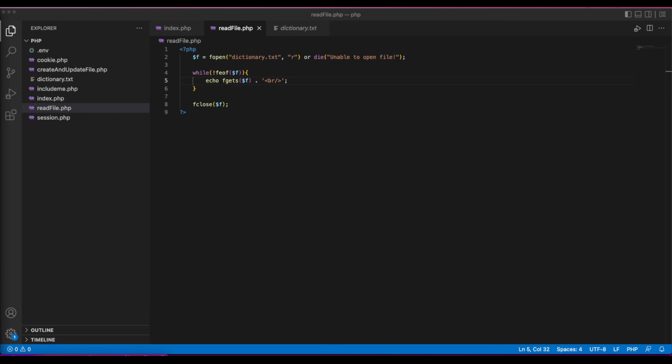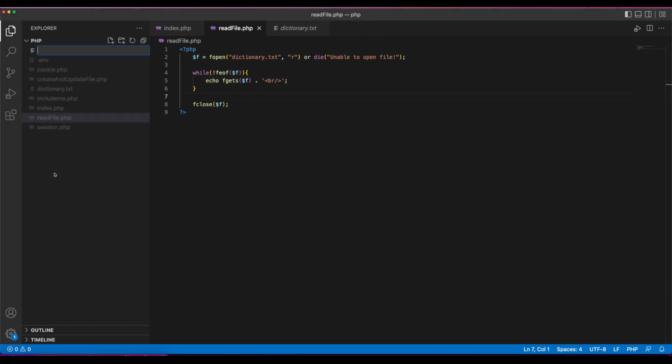But we're moving on to the next part, which is actually, now that we've read a file and we've created a file, we can try to copy a file. We can also try to delete a file. So let's try to delete a file first, or shall we try to move a file first? Let's try to move a file first before we delete it. So create a new file, call it movefile.php,